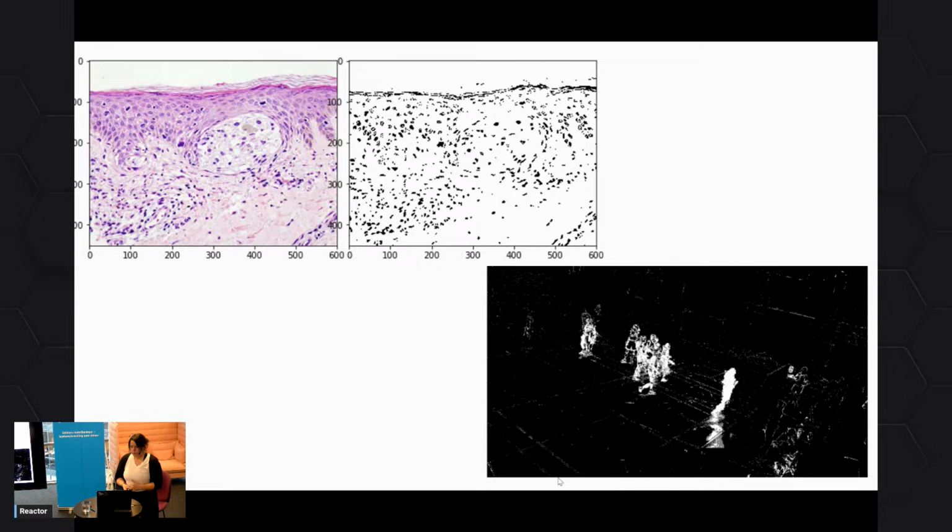We can also do this, for example, for background extraction. Background extraction in general is a fairly expensive operation.